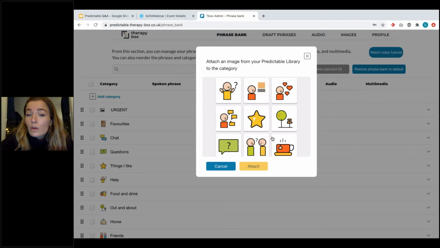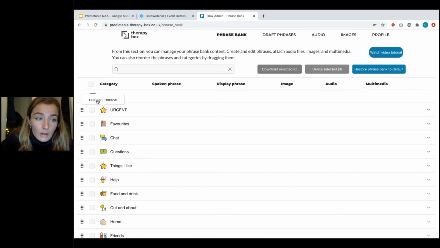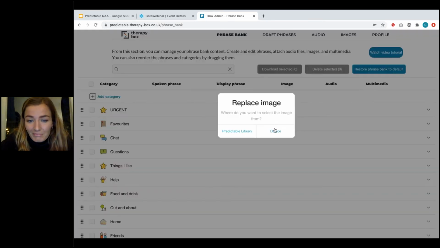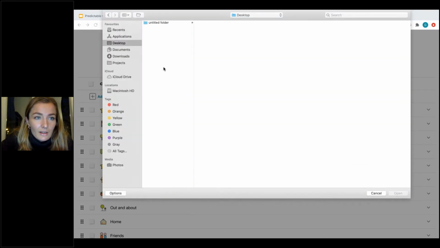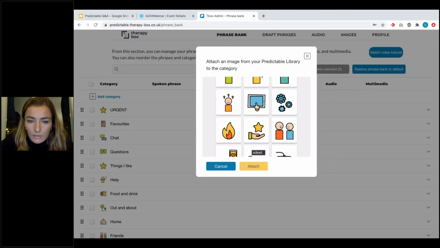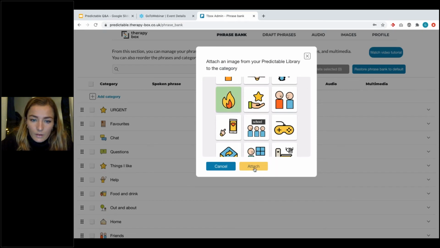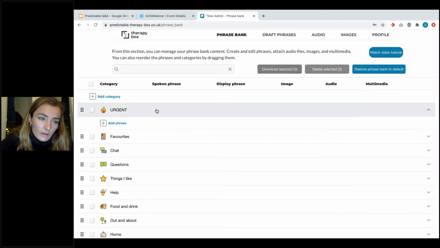I can either choose among the different Predictable icons, or I can also choose something from my laptop. But I don't think I have many interesting images. So I'm just going to select something from the Predictable library. But I want something different, this one, up, to show that it's really urgent. So that's my new category.